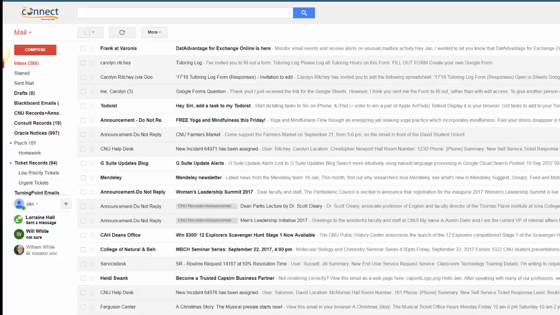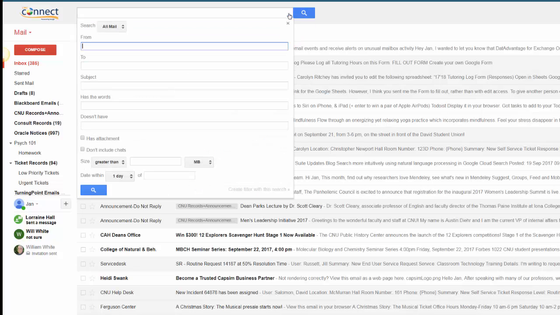The second tool you'll find useful is Gmail's advanced search function. You may have noticed the search bar at the top of the inbox, which can be used to locate emails from specific recipients or with certain keywords. If you click on this little chevron on the right, though, next to the search button, you can actually open up an advanced version of this search that allows you to customize your search more accurately.